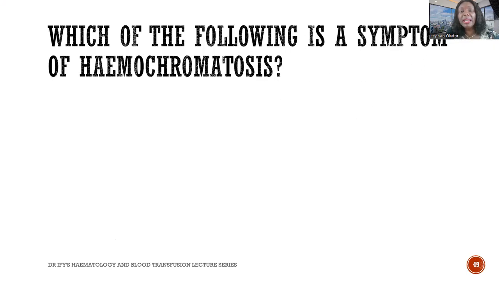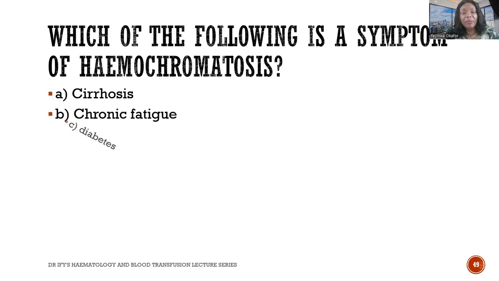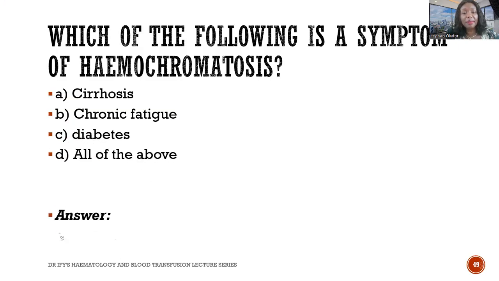Which of the following is a symptom of hemochromatosis? Cirrhosis, chronic fatigue, diabetes, all of the above. Answer D, all of the above. Symptoms of hemochromatosis include, but are not limited to, cirrhosis, chronic fatigue, diabetes, hyperpigmentation,